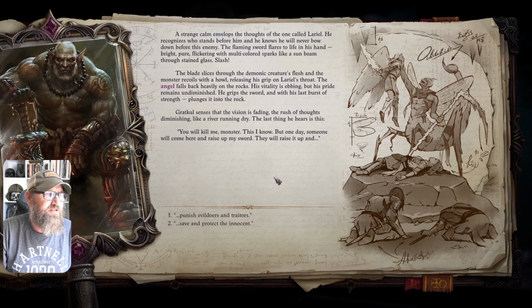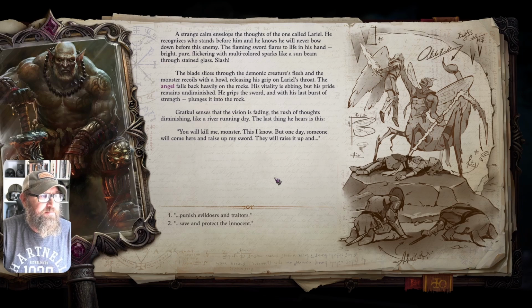The flaming sword flares to life in his hand, bright, pure, flickering with multicolored sparks like a sunbeam through stained glass. Slash! The blade slices through the demonic creature's flesh, and the monster recoils with a howl. Releasing his grip on Lariel's throat, the angel falls back heavily on the rocks. His vitality is ebbing, but his pride remains undiminished. He grips the sword, and with his last burst of strength plunges it into the rock. Grotkul senses the vision is fading, the rush of thoughts diminishing, like a river running dry. The last thing he hears is this. You will kill me, monster, this I know, but one day, someone will come here and raise up my sword. They will raise it up and...